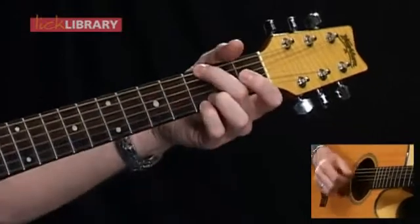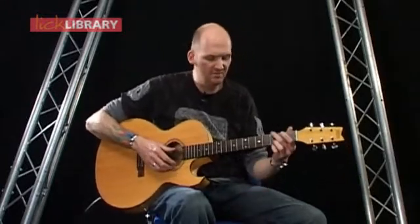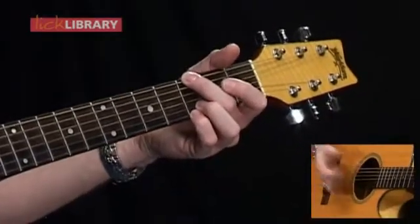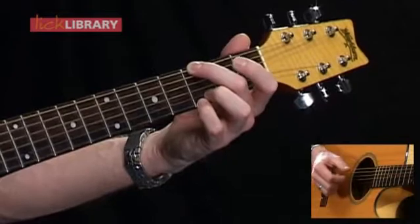Now to G. And then for this section, we've got this little rundown. So from the G chord, 3, 4, and 1, and 2, and 3, and... There's that little rundown there. So that's from the G,